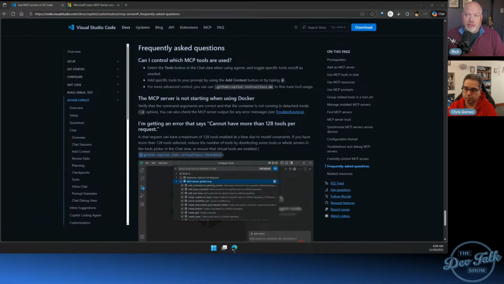So it can choose those with better performance than something that might do something very similar, like check this source for documentation or check this source for documentation. That might be something where, well, which source is it? How do I find out which source is the one that has the information I'm interested in? So that's why the tool limit is there. And I think there's also some limiting on the agent side as it gets that information about how many it can actually handle. And 128 seemed to be a good cutoff, at least when this all started, which isn't that long ago.